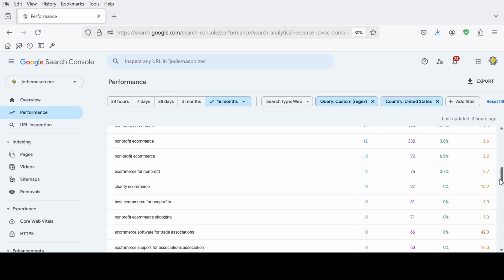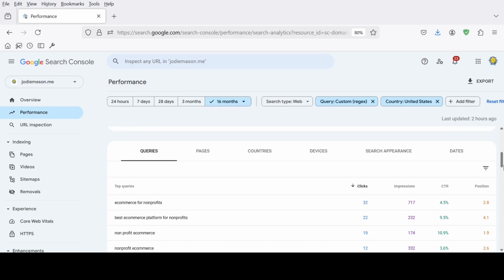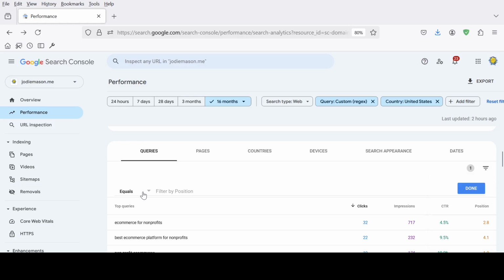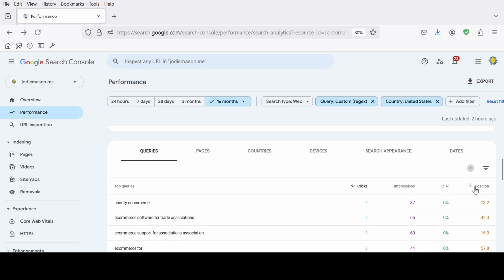Okay? So me looking at this, I don't care about keywords that are on page 1. I want to see what keywords are not on page 1. So we're going to come to this little pyramid icon with the 3 lines here. We're going to come down to position. And I want to come over here on the left hand side where it says equals. We're going to hit that drop down menu, and we're going to see where the position is greater than 10. Okay, and we're going to hit done. Okay, and this is going to filter for every keyword that has a position greater than